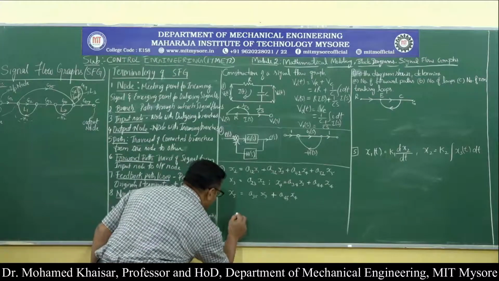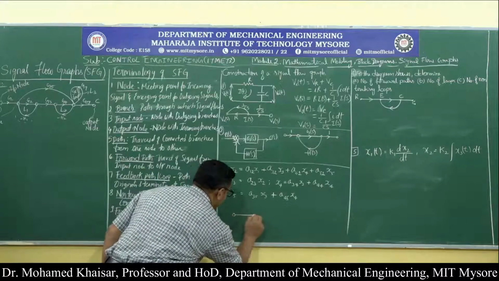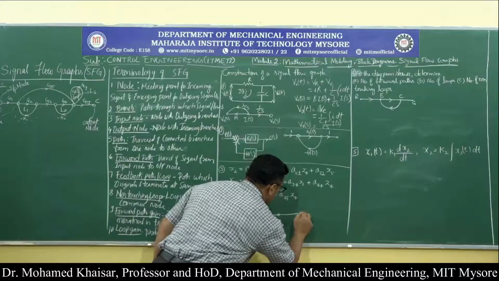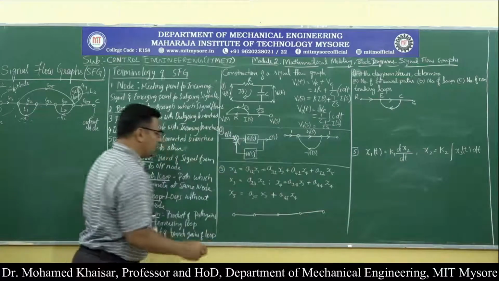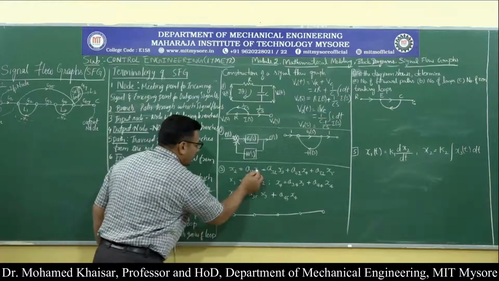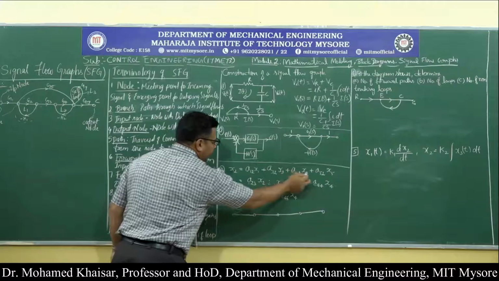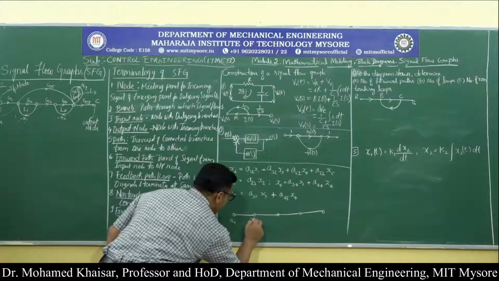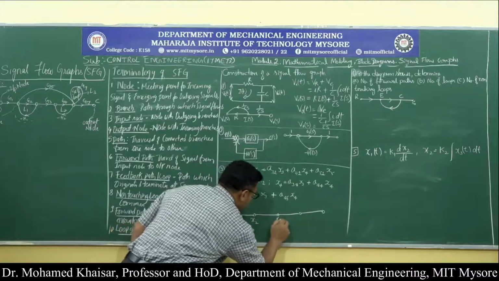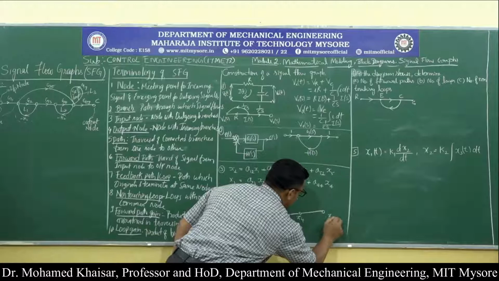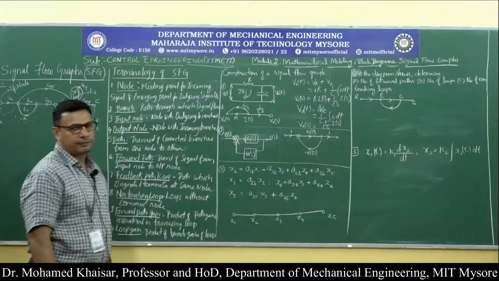So the first duty for me will be to write 5 nodes. And what will be the name that I will have to give? See, x1 is there, x2 is there, x3 is there, x4, x5. So I will name them as x1, x2, x3, x4 as well as x5. All those are the nodes.